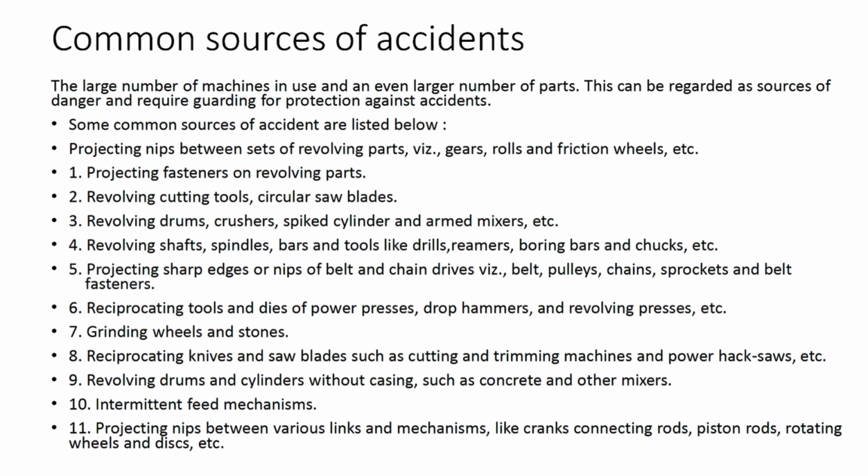Let's look at some common sources of accidents. With a large number of machines in use and an even larger number of parts, we must identify sources of danger that require guarding. Some common sources are projecting nips between sets of revolving parts like gears, rolls, and friction wheels, projecting fasteners on revolving parts, revolving cutting tools like circular saw blades, revolving drums, crushers, spiked cylinders, and armed mixers, revolving shafts, spindles, bars, and tools like drills, reamers, boring bars, and chucks,